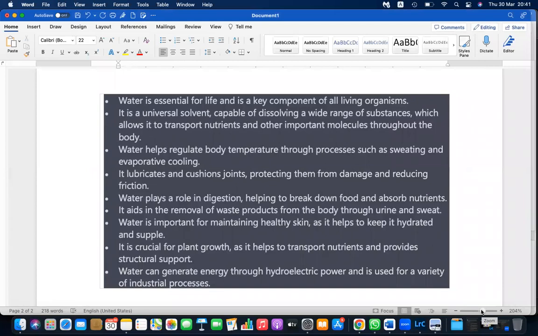Okay, functions of water. Please write down the heading functions of water. Under that, you can write down these key points that we have discovered. One thing is basically for living organisms, and it is a solvent, a universal solvent. Again,